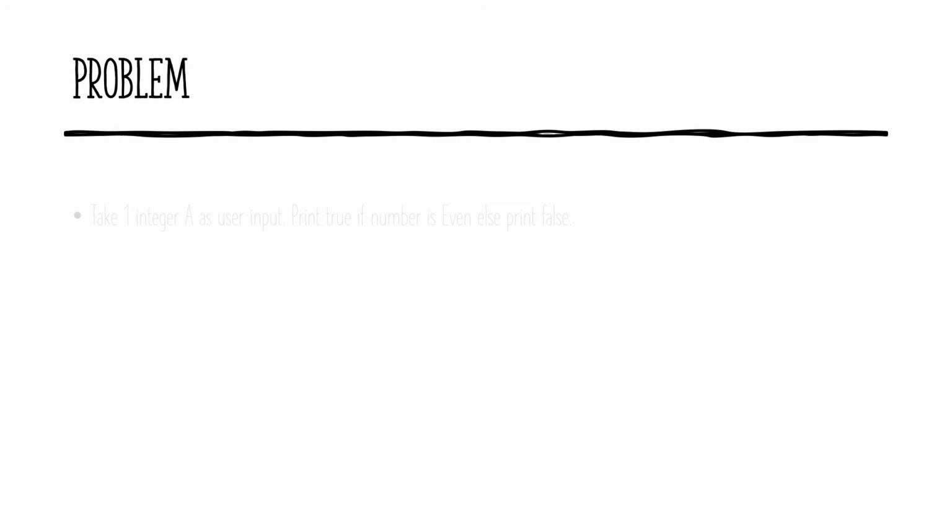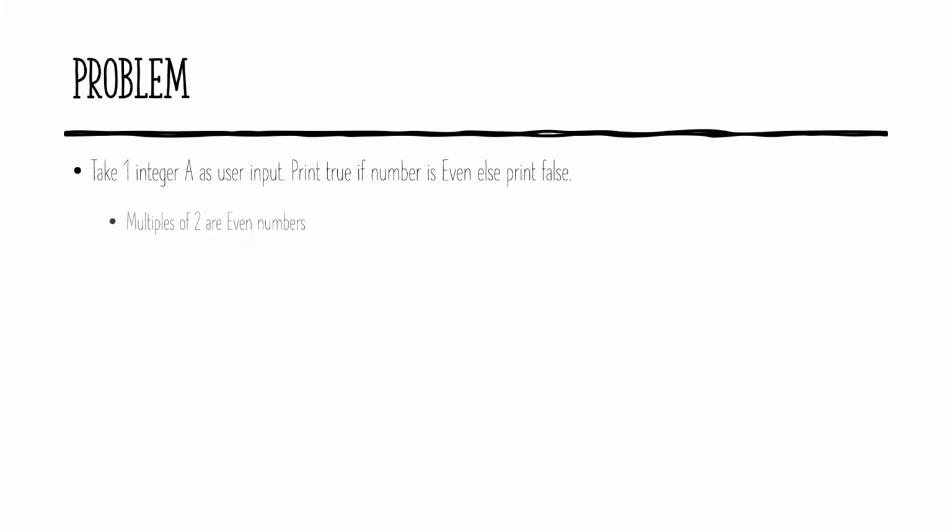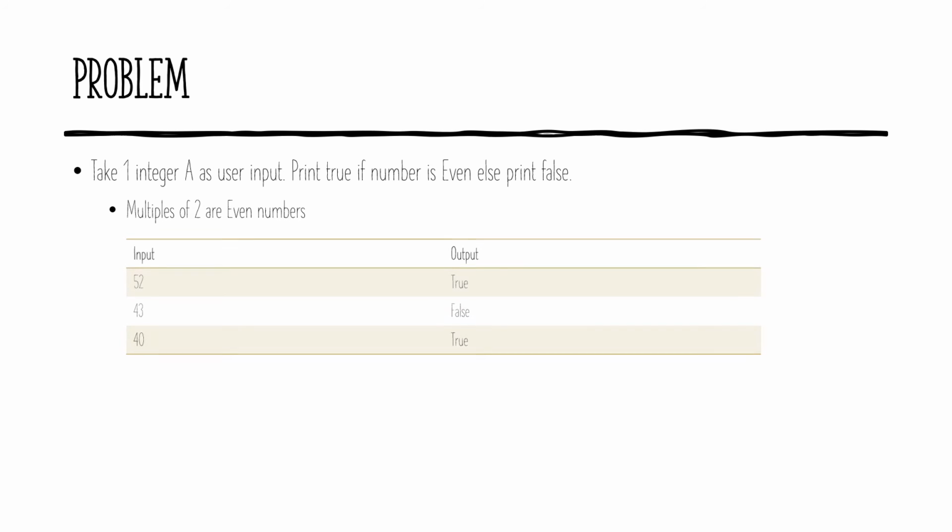Look at this problem now. Take one integer a as user input, print true if number is even, else print false. Multiples of 2 are even numbers. For example, 52 is an even number, 43 is odd, 40 is even.